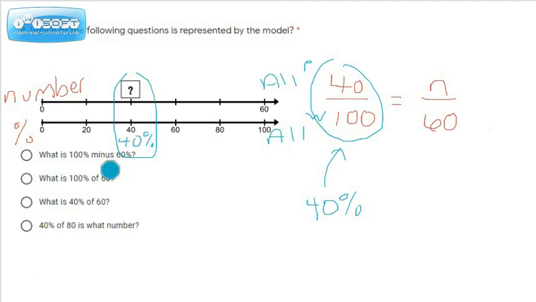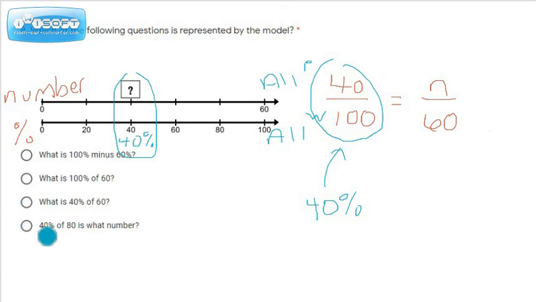What is 100% minus 60%? That's completely ridiculous. What is 100% of 60? This is 100%, this is 60, so that one, I can see why people would fall for that. But if we look at choice C, it says, what is 40% of 60? Now, is 40% equal to 40 over 100? Yes. And is 60 the all of it number? Yes. So that's looking like the one we're going to go for,